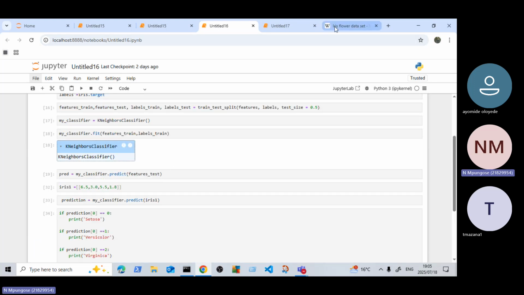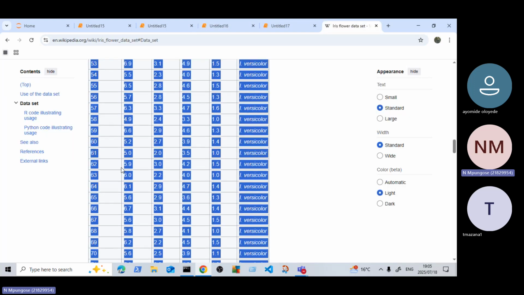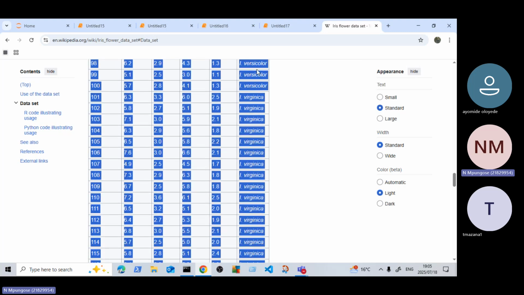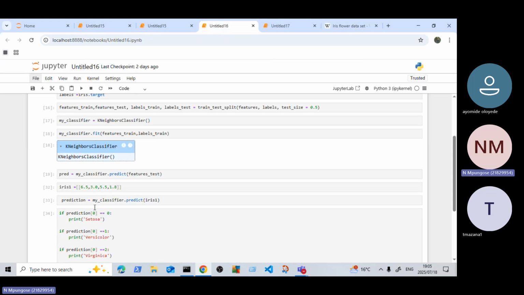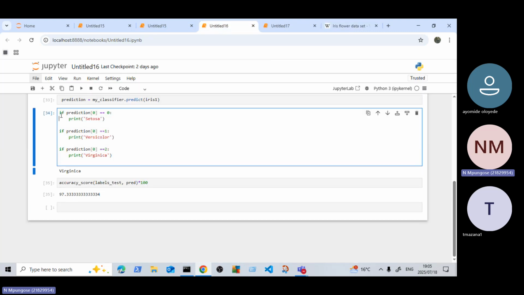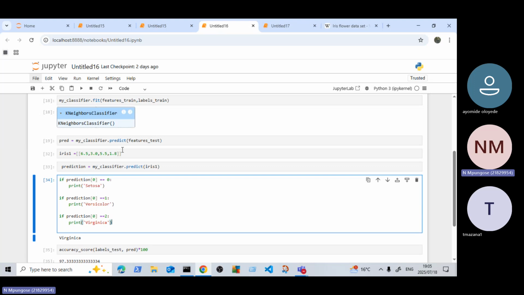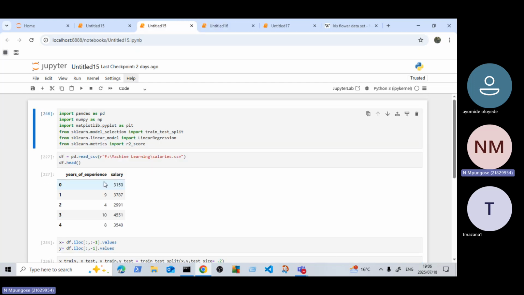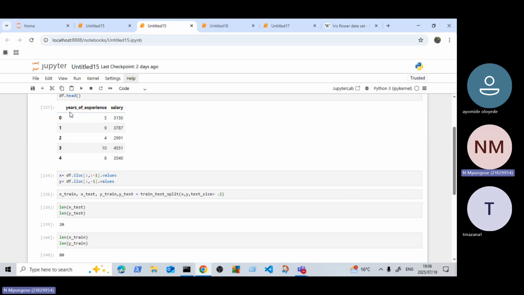So let's see our 117. My model is saying virginica. 117 is a virginica. So it has been trained very well. So this is where you use our if function. But you use it on many problems. So yeah, machine learning, you can use it for example here, this data set is for years of